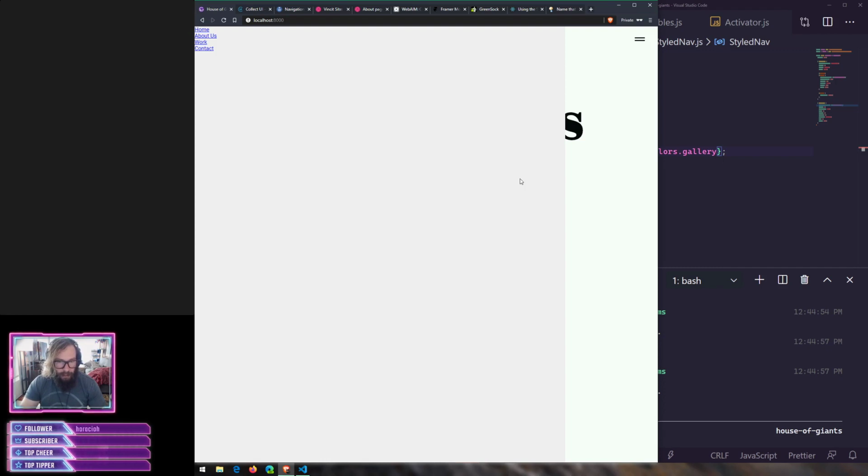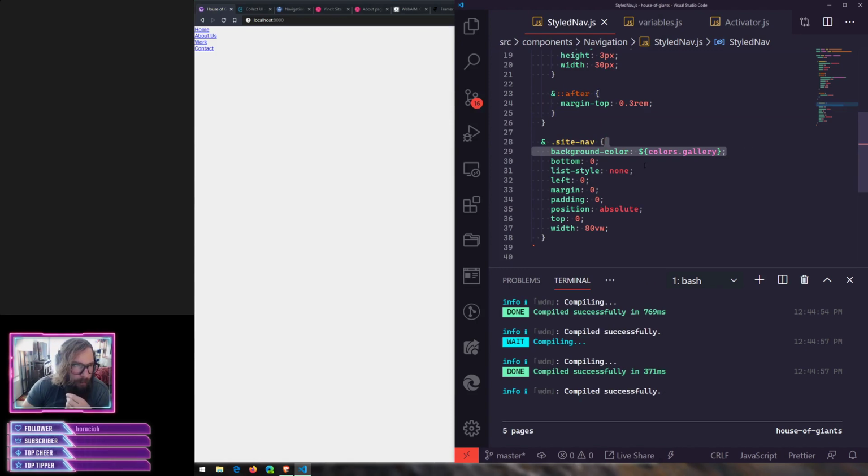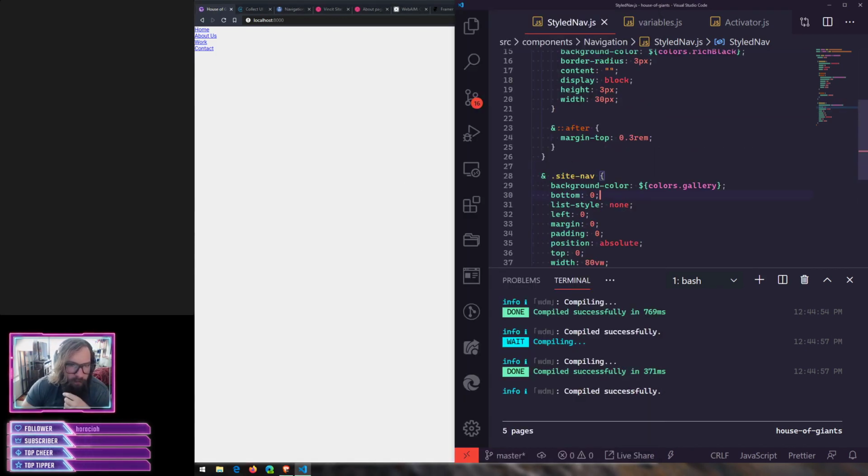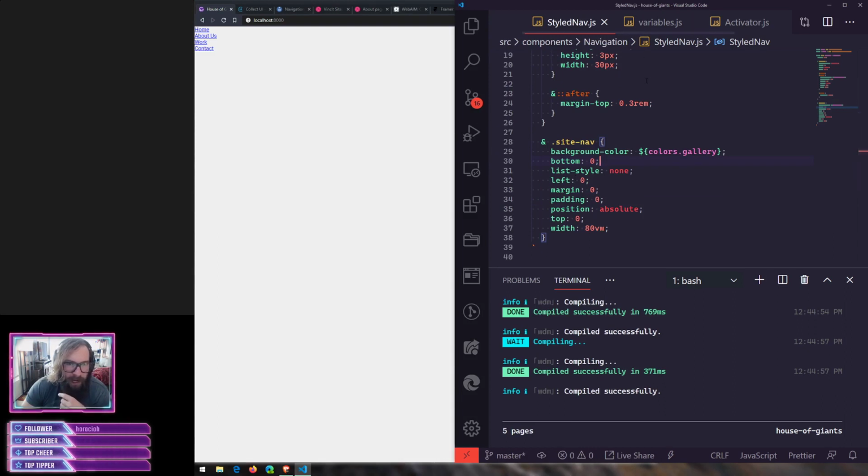navigation and the site. I'm probably going to gray out the background here a little bit, create like an overlay potentially. So yeah, we'll see how that goes. Okay, cool. So as far as each of these individual nav items,